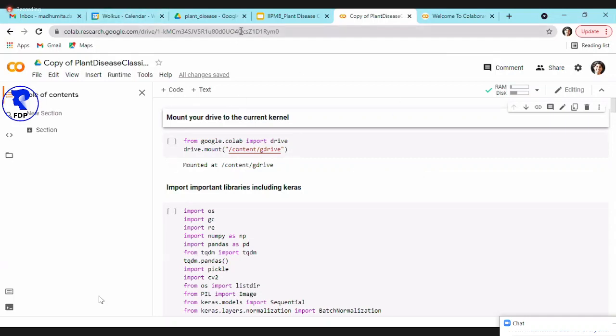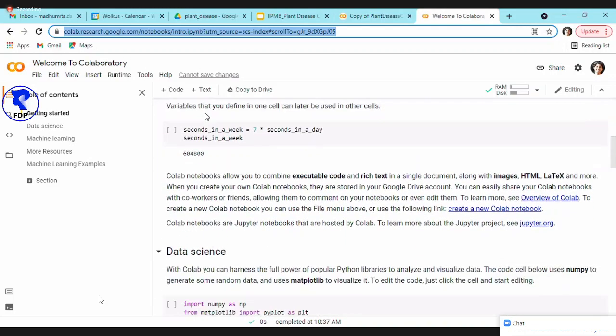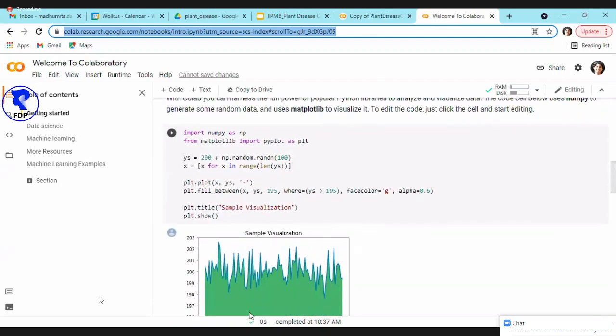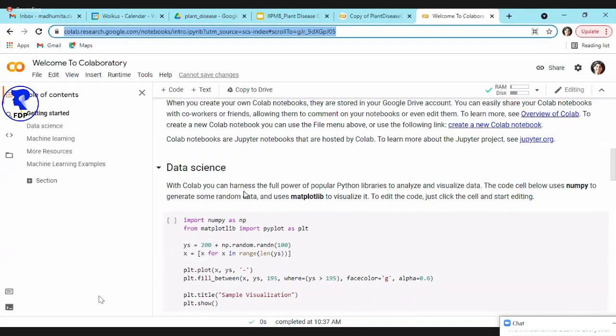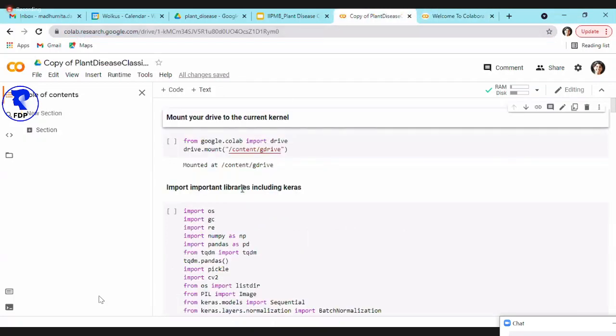So let's move on to the tutorial actually. So a brief about the Colab. This is your cell where you can write code. In the welcome page, you will have many resources. As I mentioned, it's based on Jupyter Notebook, so you can visualize your data here only. And it's excellent. They have some basic resources about machine learning and data science, and you can go through them. We will in this session see a hands-on example of how to build a neural network to classify these plant diseases. The plant diseases we have is apple.